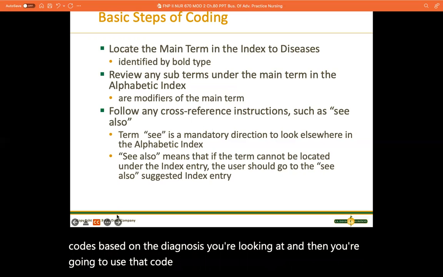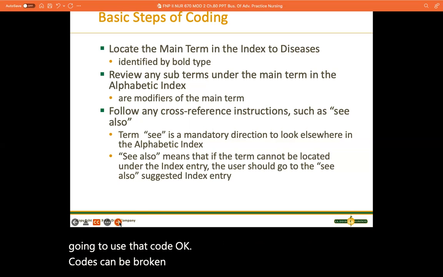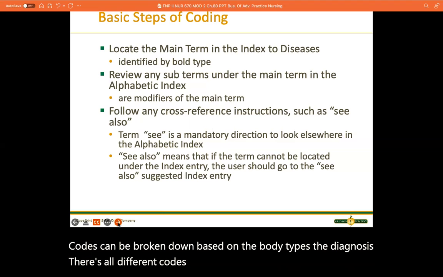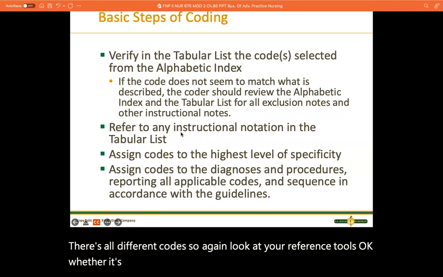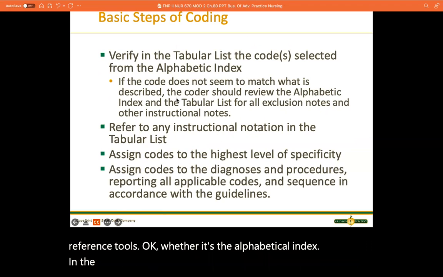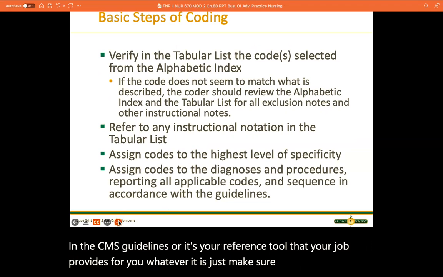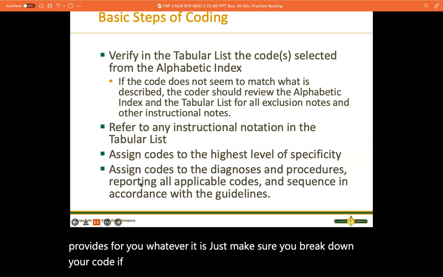Okay. Now, codes can be broken down based on the body types and the diagnoses. There's all different codes. So again, look at your reference tools, whether it's the alphabetical index in the CMS guidelines or the reference tool that your job provides for you. Whatever it is, just make sure you break down your code if necessary, as specific as you can